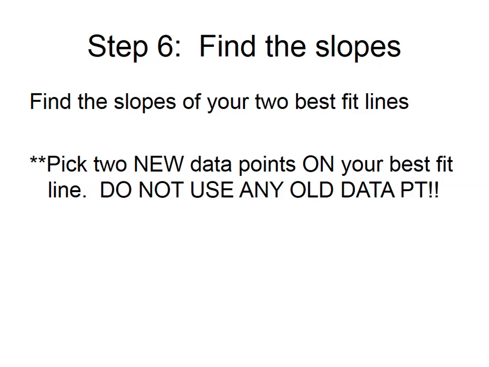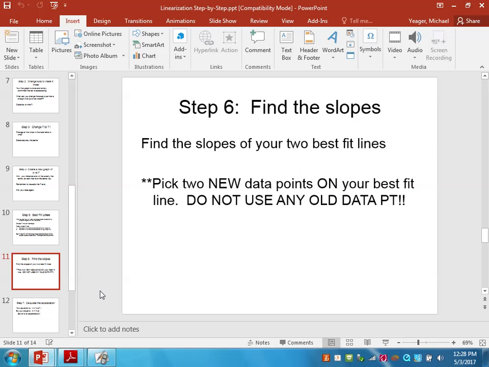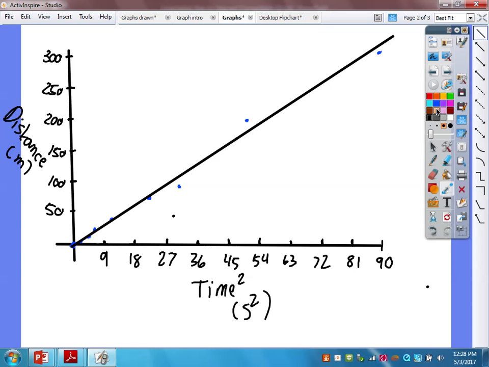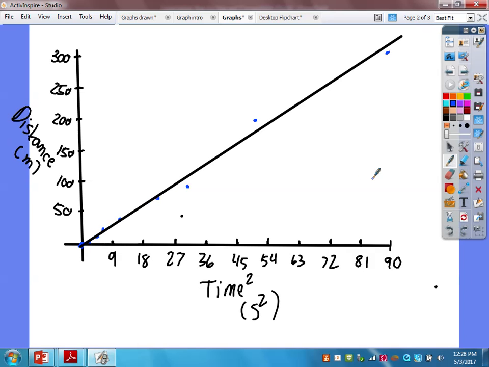So the rest of this, where it says 2, 1. Okay. So find the slope of your one best fit line. Okay. Your one best fit line. All right. So the thing is here. I see this mistake all the time. Okay. Is when I find the slope of my best fit line,